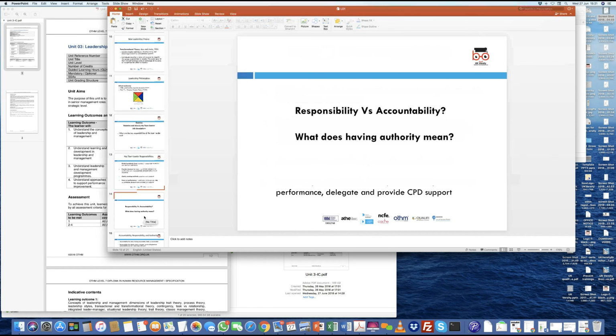Now, leaders look at not only delegating jobs, but after the delegation is done, they also want to hold people accountable. Have you been able to do this? Have you been able to achieve this? And if they have not been able to do that, what they will then do is a bit of a review and put together some sort of a plan to ensure that this does not happen in the future. So they might put you into some sort of training, ask you to do a bit of development through, say, attending a training, or give you some feedback, which will help you at the end of the day achieve or do that task if that has to be done the second time around.